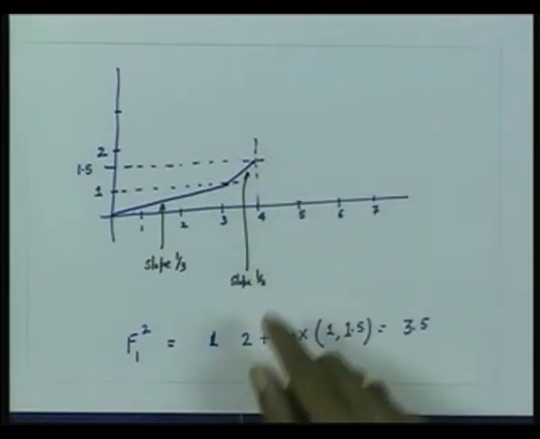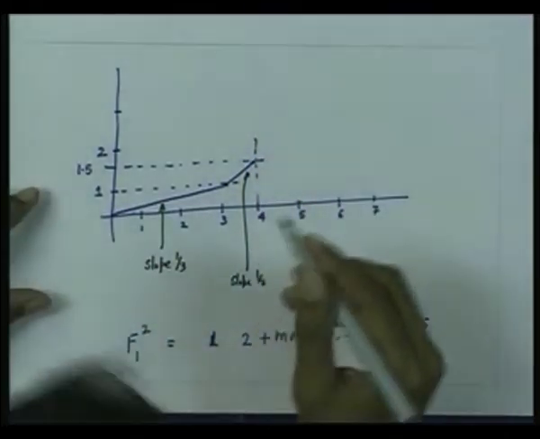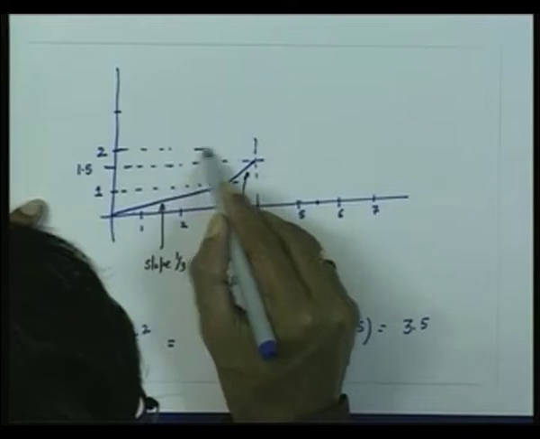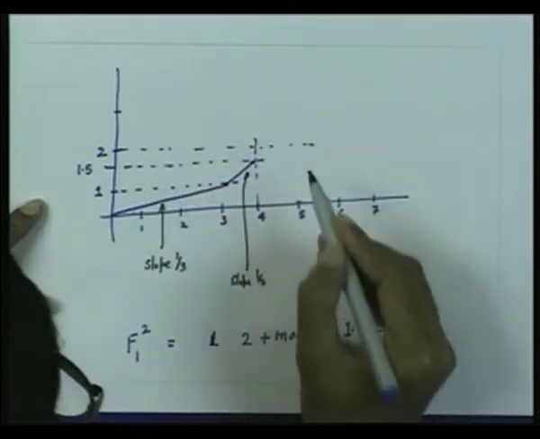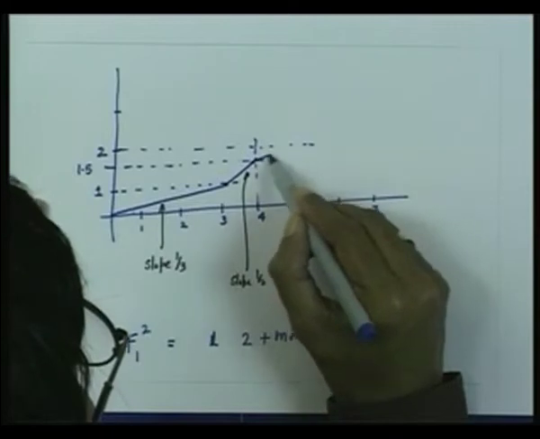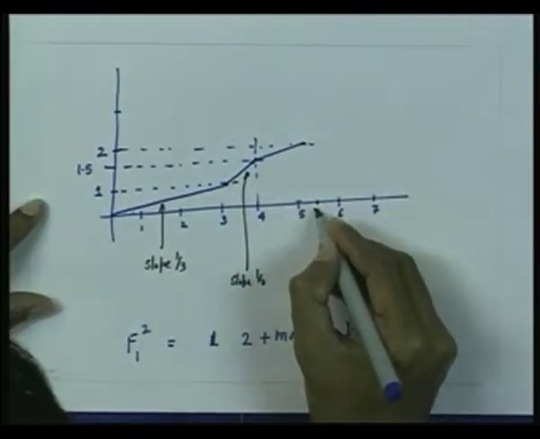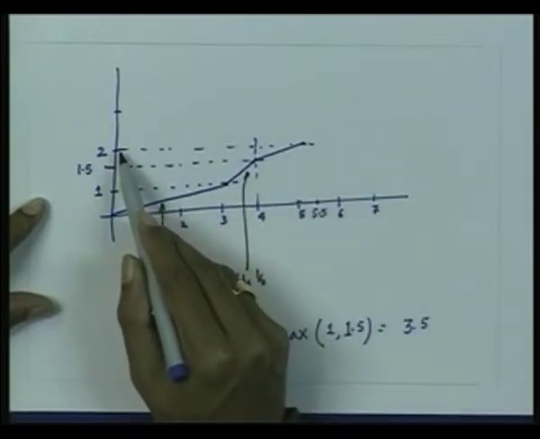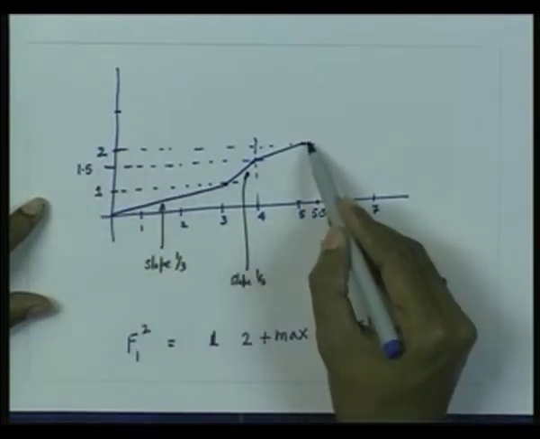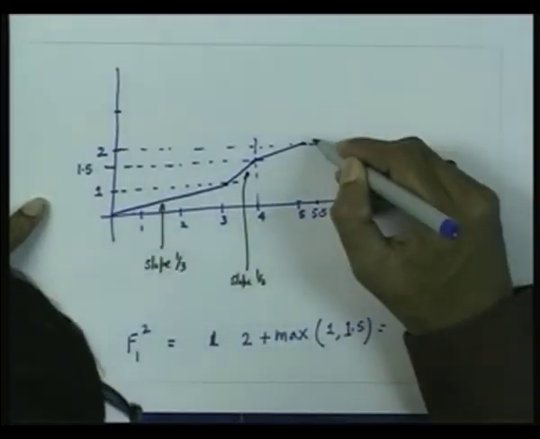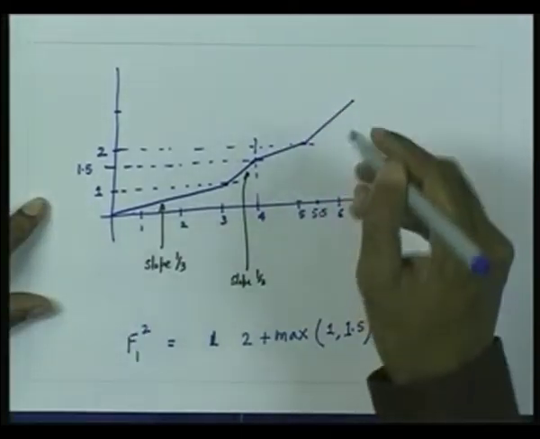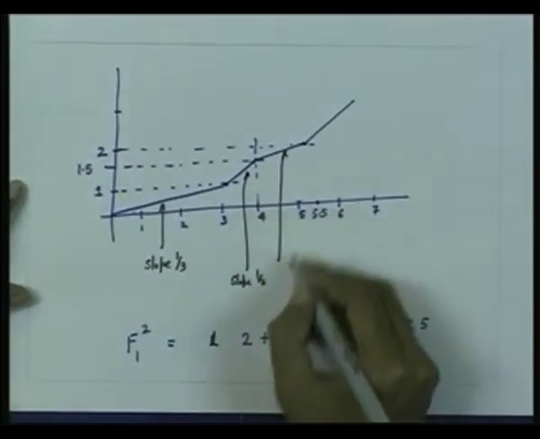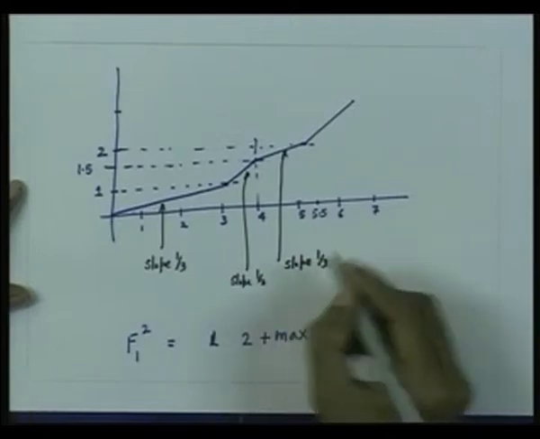So the slope changes again, and the slope now becomes equal to 1/3, and at this point it becomes 1/3 again, and at 5.5 here, both the sessions, that is session 2 and session 3, are completely served, and after this the slope becomes 1 because only the user 1 is now backlogged. So at this point the slope again becomes 1/3 from 4 to 5.5, and then at this point